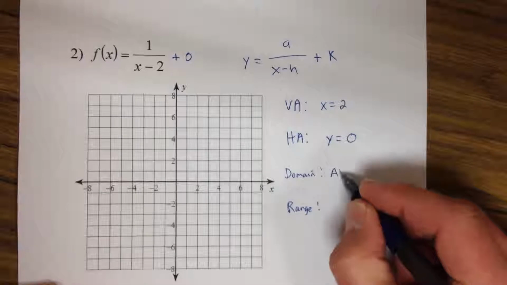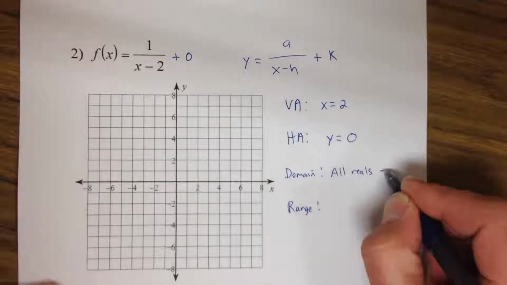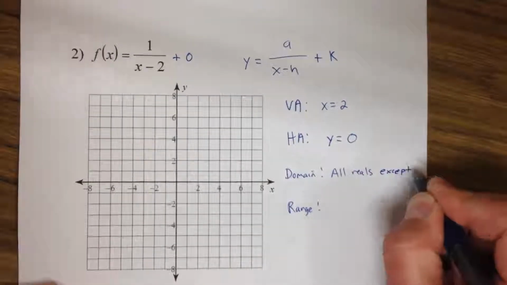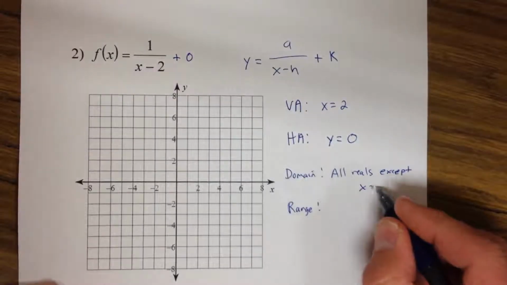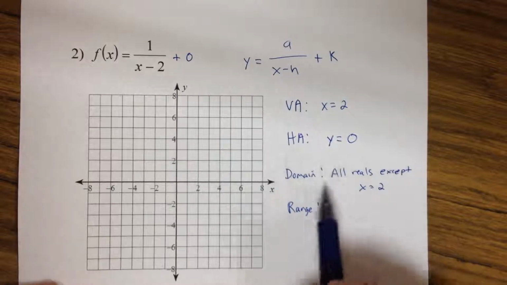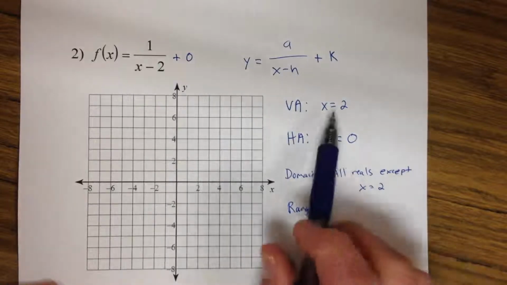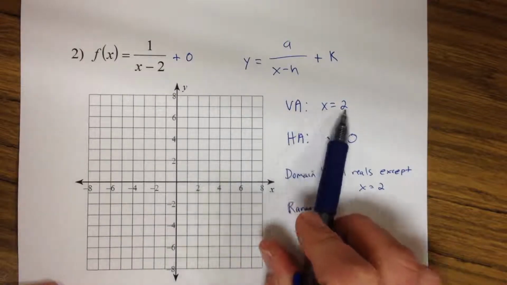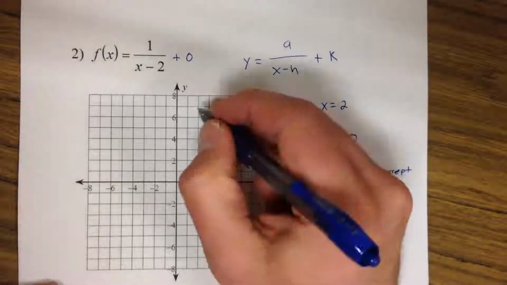So the domain is all reals except x equals 2. It's very important that you write this as x equals 2. You don't just say all reals except 2. Same thing up here. Don't say the vertical asymptote is just 2. It's x equals 2 because it's a